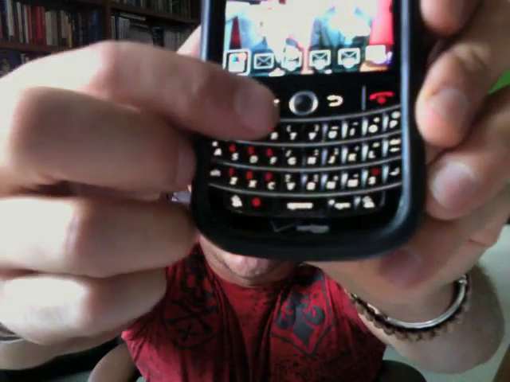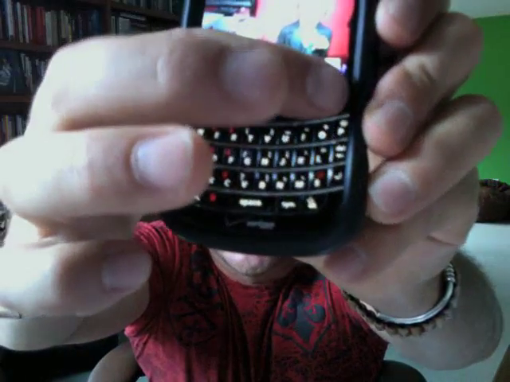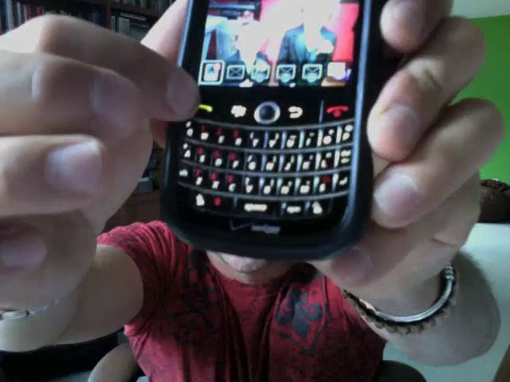Okay. How do you do a 3-way call on a cell phone? It's a little bit different, and it's a little more technologically complex, but it's really not that complex. So I'm on the phone with a prospect right now, okay? I'm on my BlackBerry, and these phones have a green button and a red button. This is how you end the call. This is the green button right here. This is how you start a call. And the way you start a call is the same way you're going to initiate a 3-way call in most cases on a cell phone.